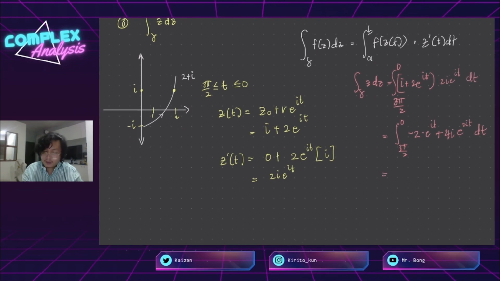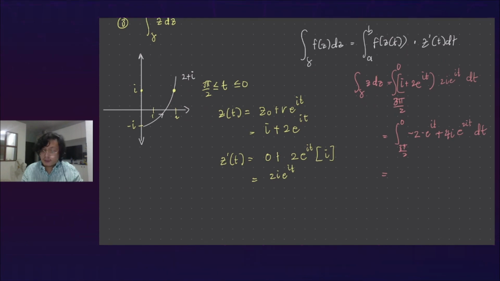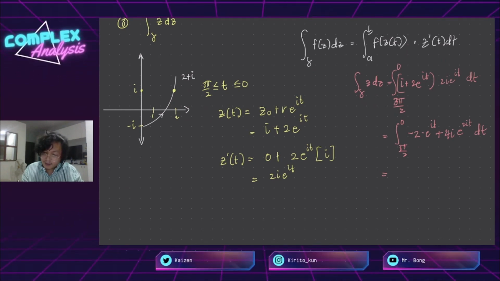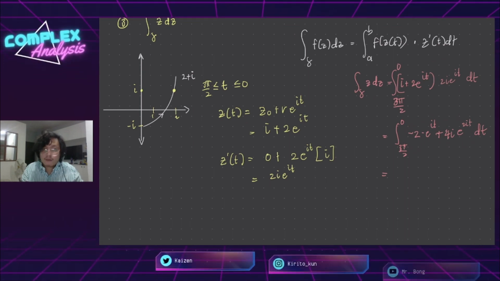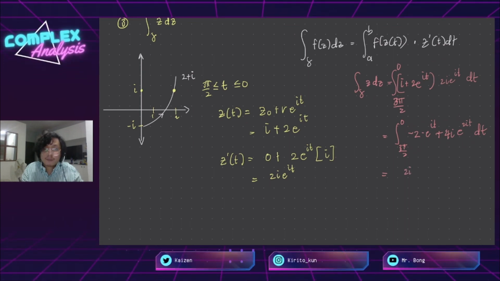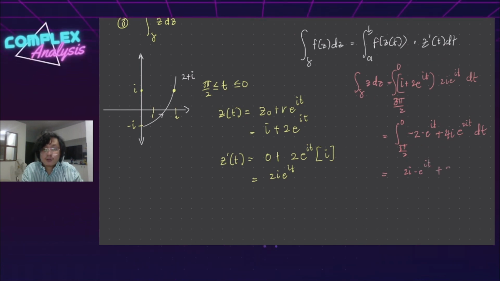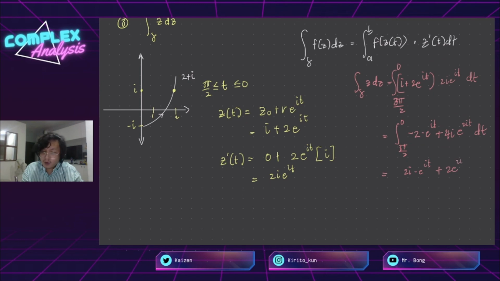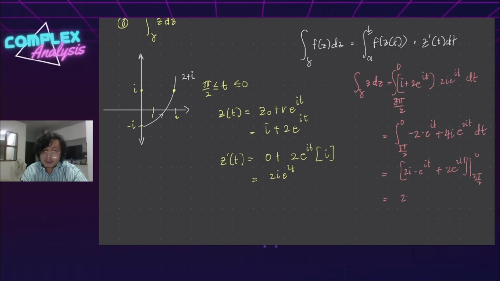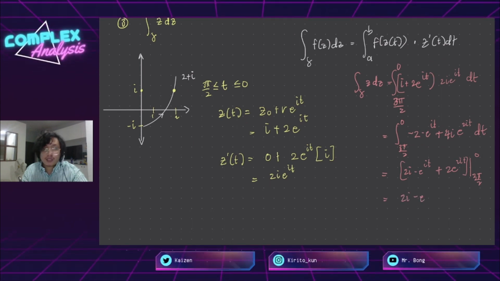By integrating, each expression, we integrate these two expressions with respect to t. So we will have 2i times e to the power of it plus 2 e to the power of 2it, then integrate that from 3 pi over 2 to 0. So we will have 2i minus